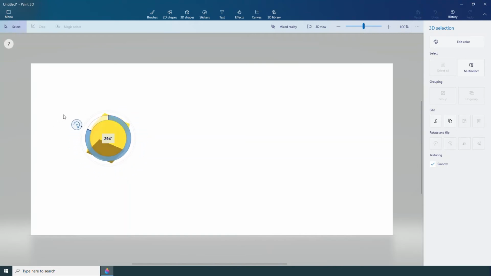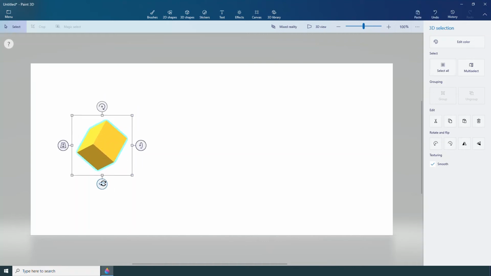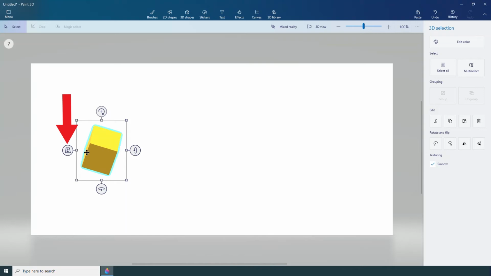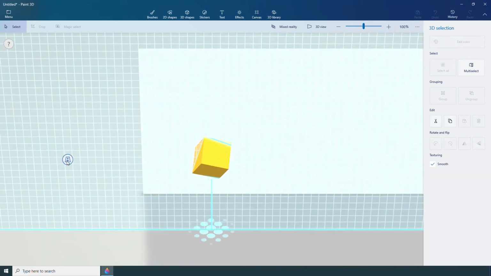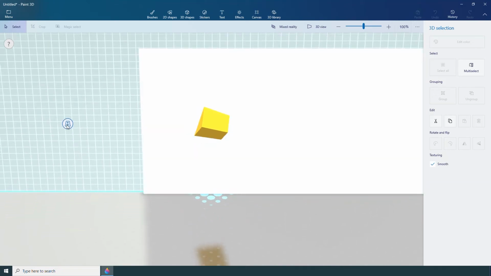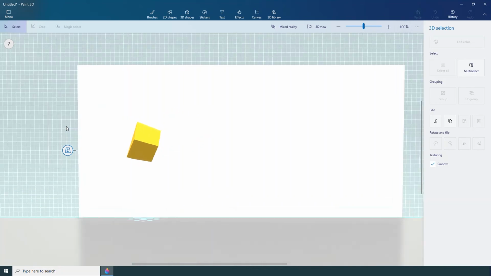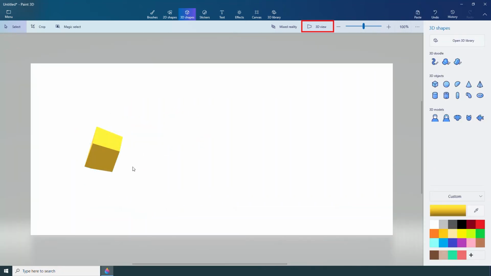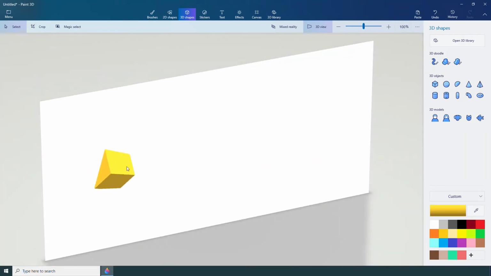Besides just moving my shape around, I can actually control how close or far away it is from my canvas. And I do that by using this button over on the left-hand side. There we see I can move it farther away, or I can even move it behind or into my canvas. If I select this 3D view button at the very top, it will look like my cube is just stuck